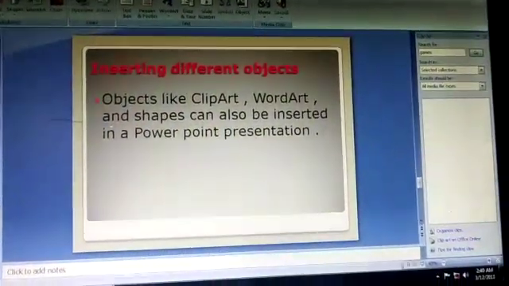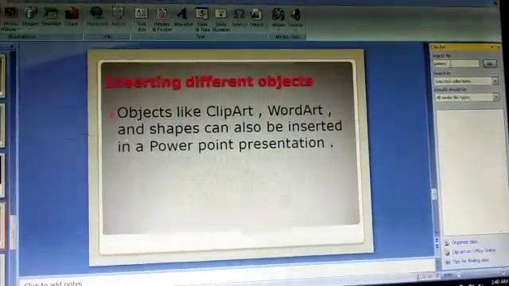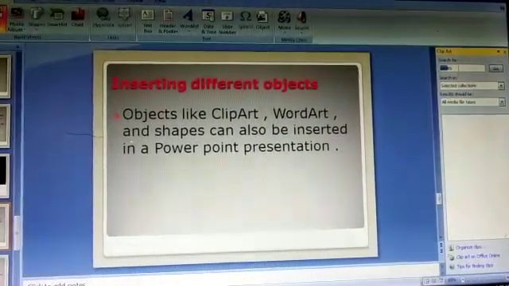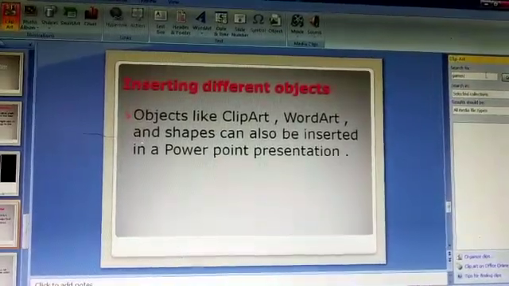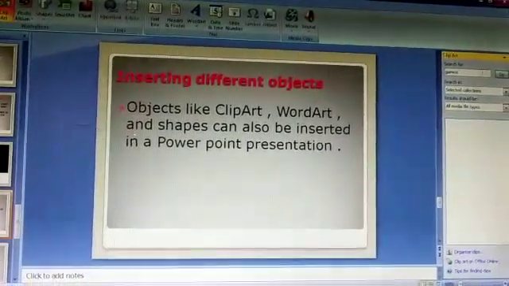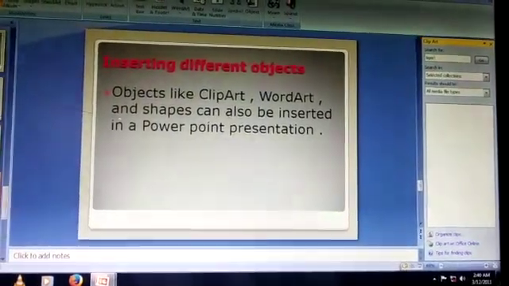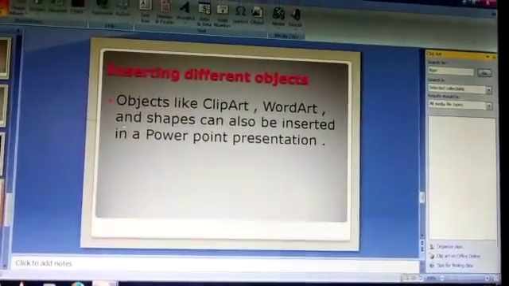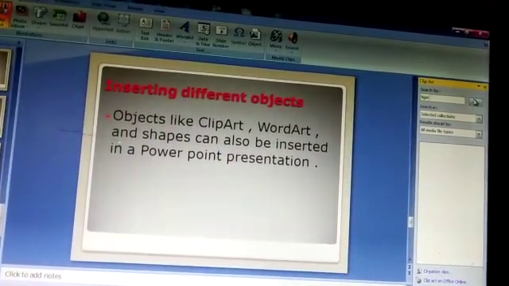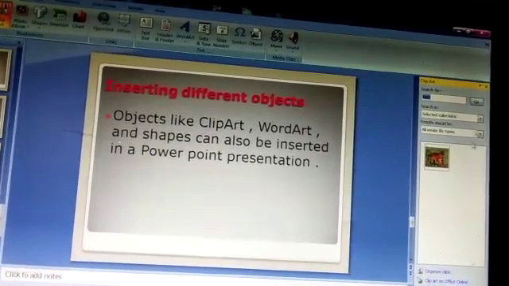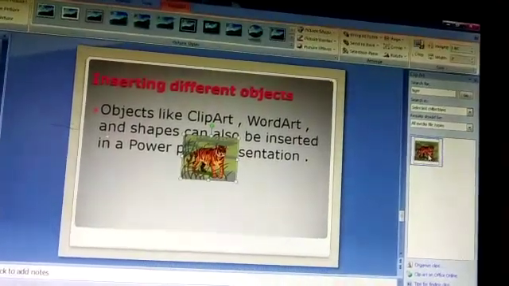When you click on this clip art, this box will open. Whatever you want to search, just type here. I want an image of a tiger, so I am going to type tiger here. Then after typing tiger, click on go. You can see images of tigers are here.